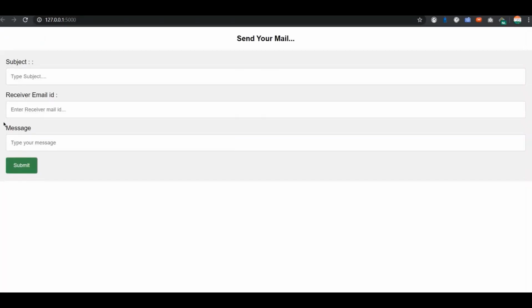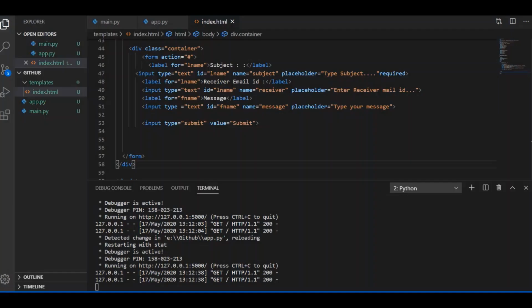But now I want this message text box to be enlarged, and for that I will use text area in our index.html. So here is that message. I will remove this whole text and I will use text area.